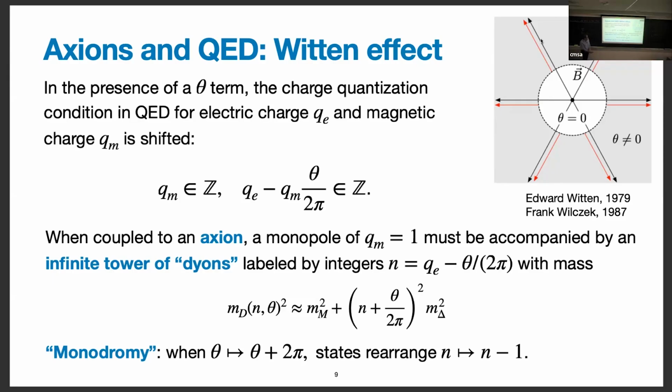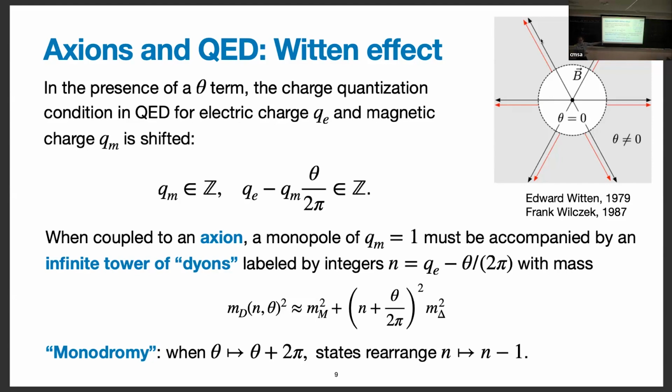And in the presence of this mode, the monopole mass will depend on theta. So as you turn on theta, you give it electric charge, it acquires a new piece of its Coulomb field, and there's a new contribution to its energy or its mass. And you get some formula like this, and this will play a role in what I'm going to talk about in a moment. There's some integer that labels this combination of electric and magnetic charges, and for these dions,